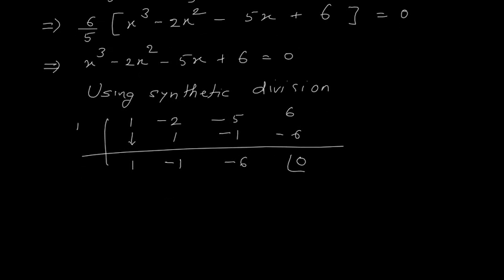So once you get 0, then you can say that this x minus 1, when you write 1 here, then x minus 1 will be a factor. So this is nothing but the long form of division method. Here what we are getting is the quotient, and this last point indicates the remainder. So when your remainder is 0, then it indicates that x minus 1 is a factor. So x minus 1 is a factor.